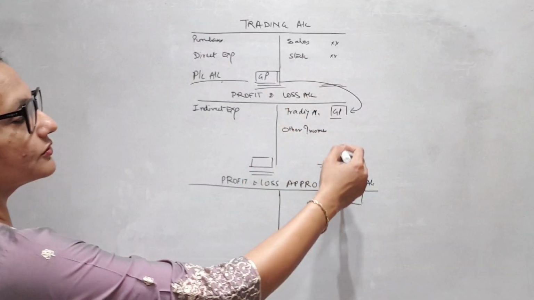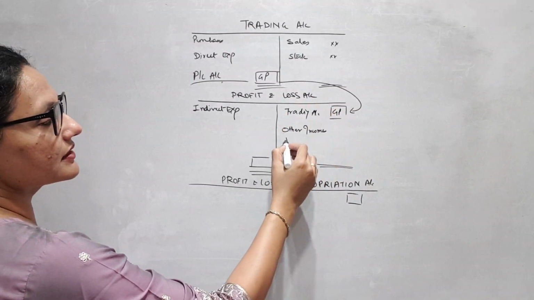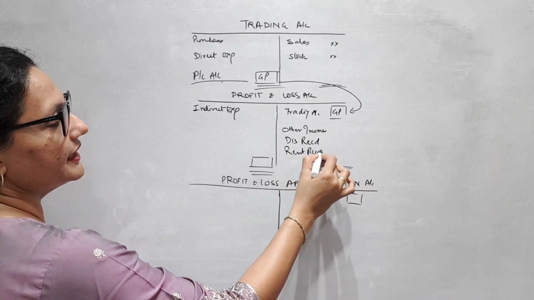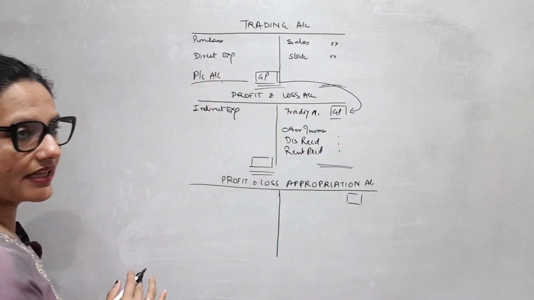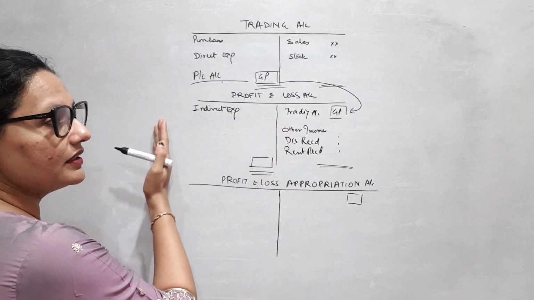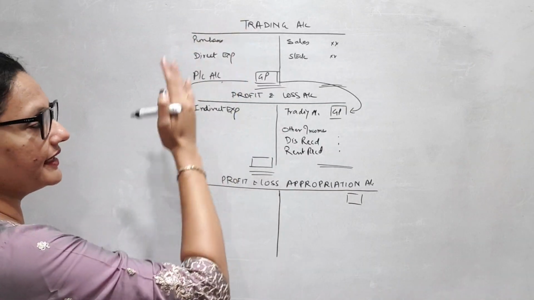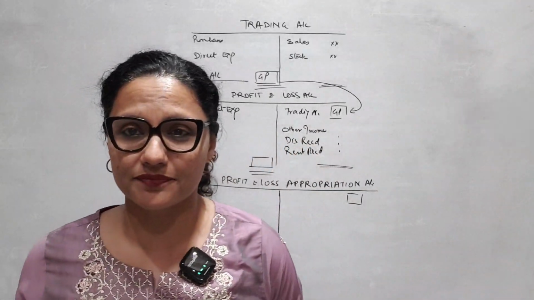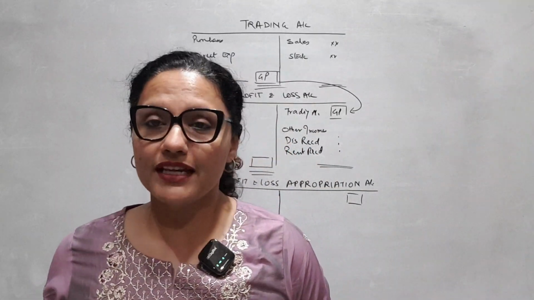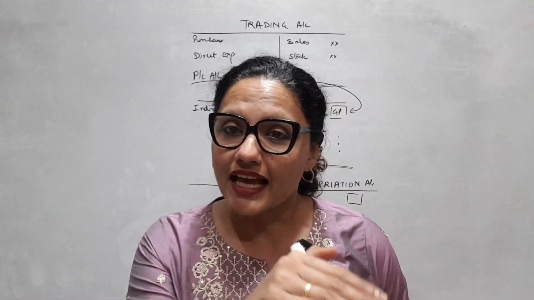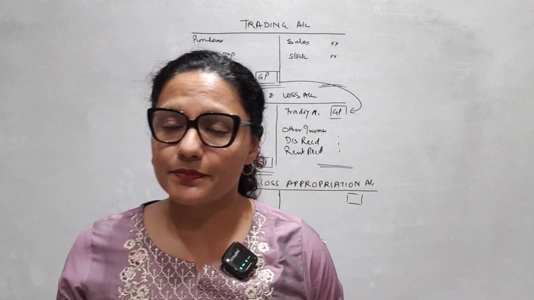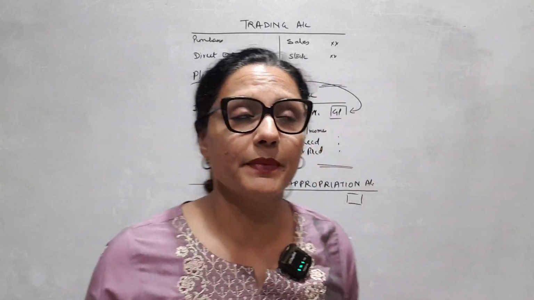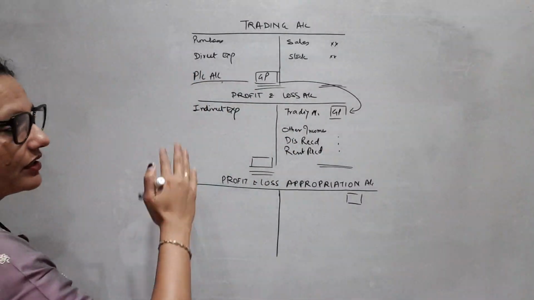Same thing. Now next, moving ahead, other incomes like discount received, commission received, rent received, interest received, all these are other incomes that we credit here. And all the indirect expenses. Direct expenses are gone to trading. Indirect expenses like office related, administration related, depreciation, amortization, salaries to staff, wages, wages is direct, salary to staff, then your advertisement expenses, electricity, rent paid, all of this were indirect expenses, so will be coming here on the debit